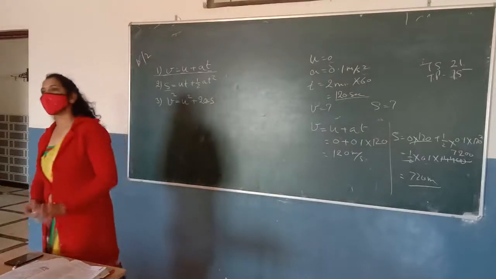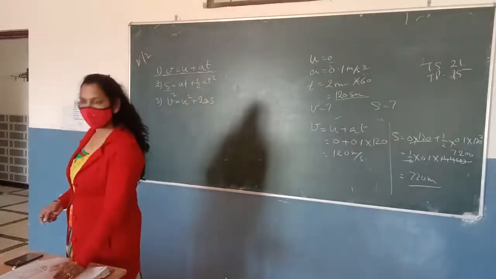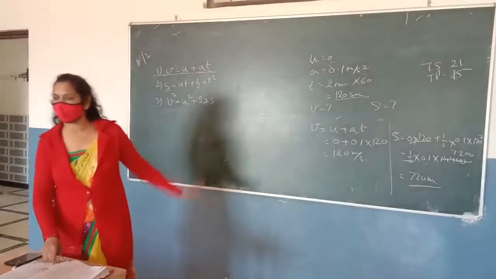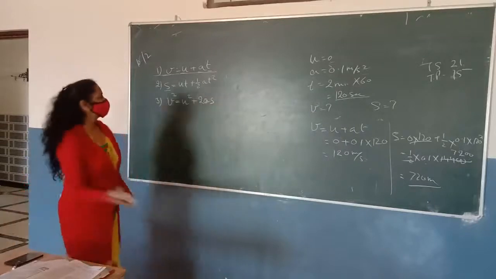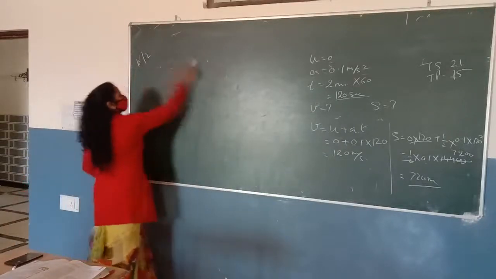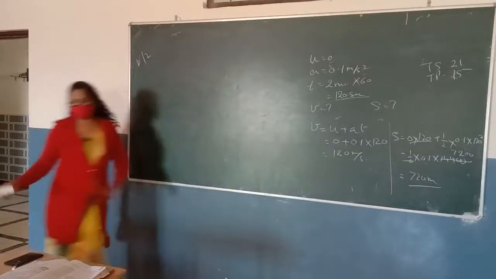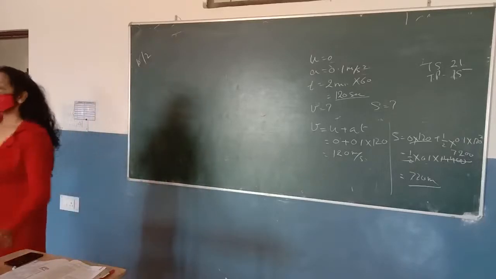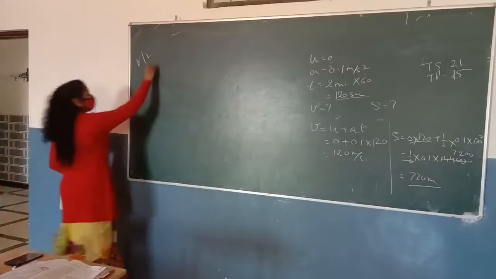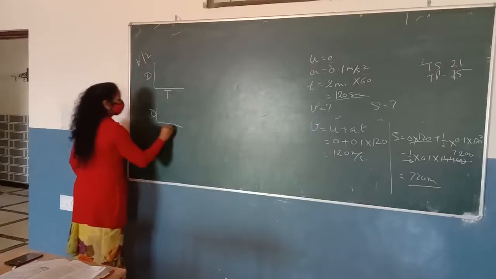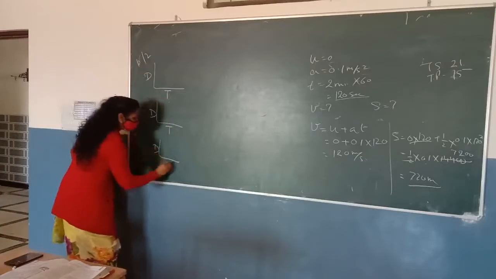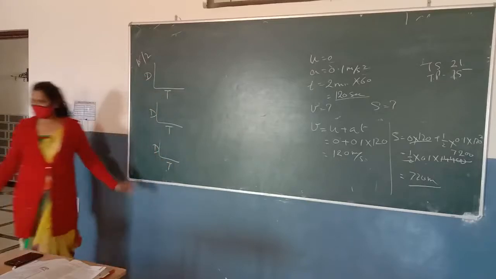Priya, do I have to explain all the other questions or can I go through the graph? Graph. So I am going to rub this board. For the graph, first we should know the meaning of the graph. This is the distance-time graph. I think I explained this graph to you, or not?